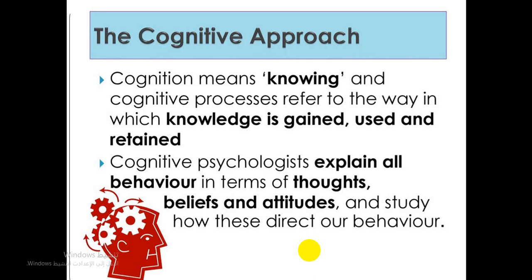The cognitive approach refers to the study of mental processes such as perception, memory, feeling, thinking, reasoning, and problem solving. Cognition are all processes by which the individual learns and imparts meaning to an object or idea. Cognition means knowing. It's very important to pay attention to the difference in the meaning of cognition